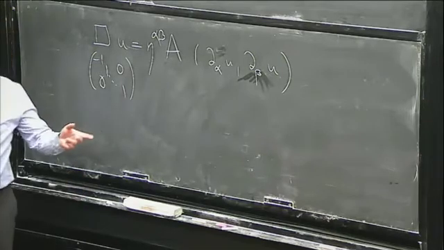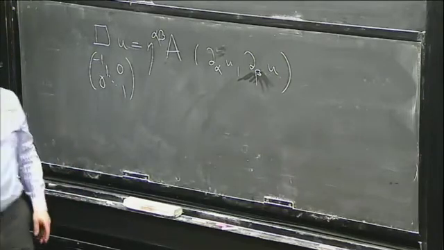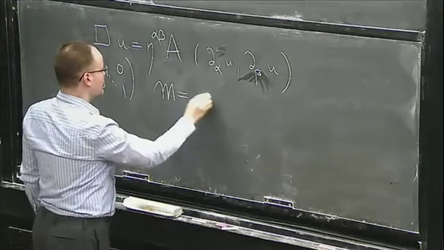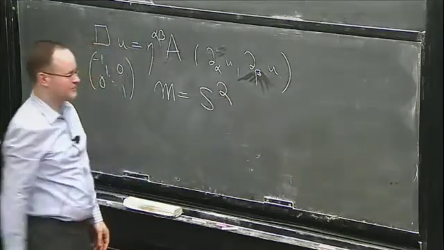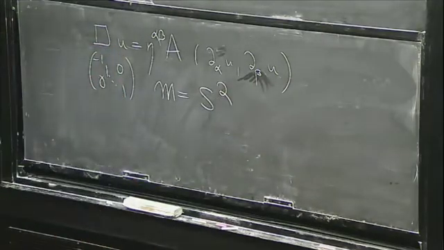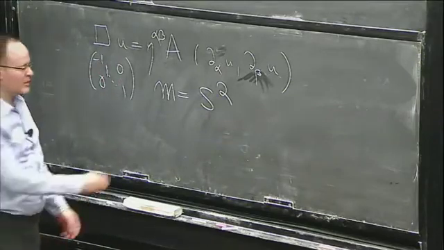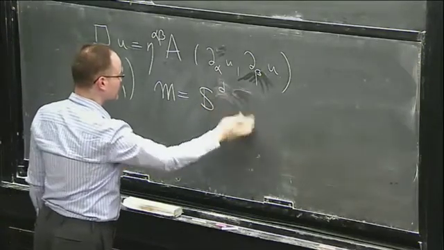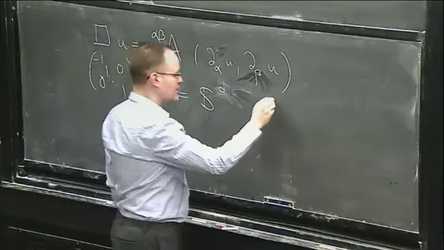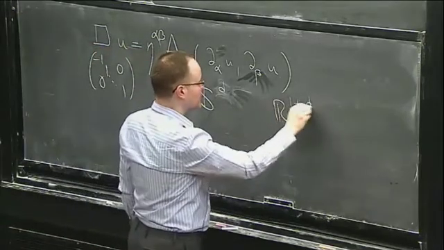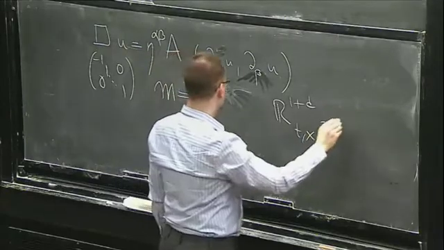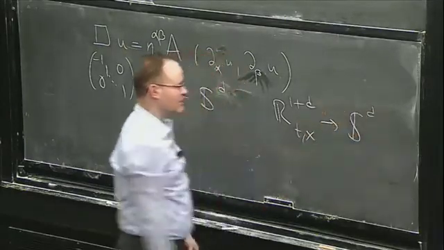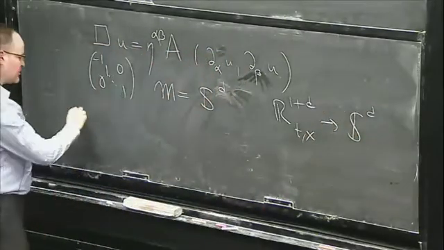All right, so let's do a concrete example. If the target is S2, you can also take other dimensions. It can be SD also. So SD, and you go from 1 plus D dimensions into SD. What does this amount to? Something very beautiful,